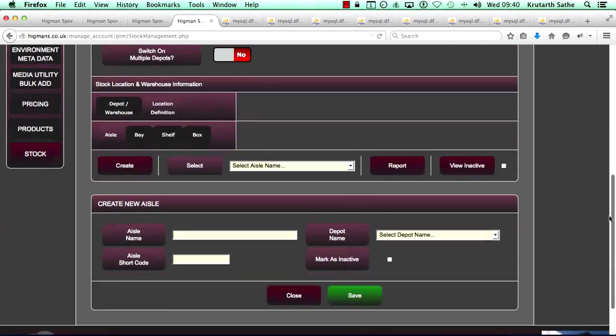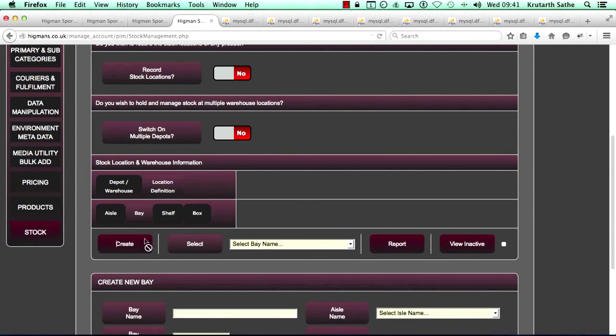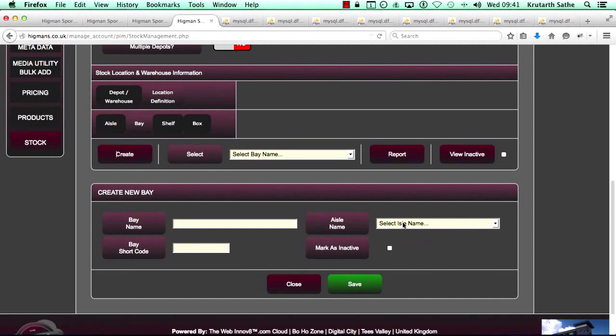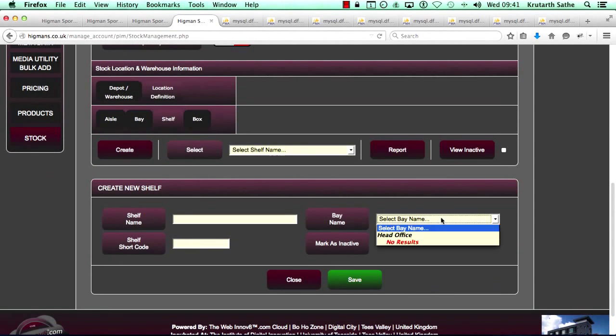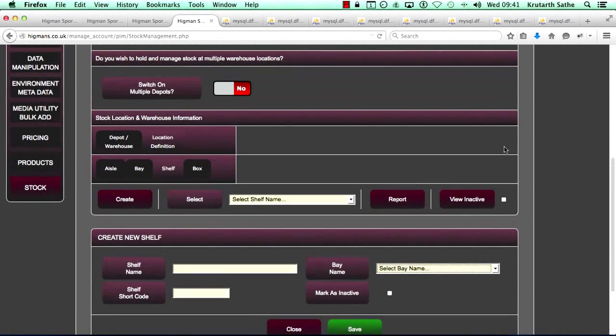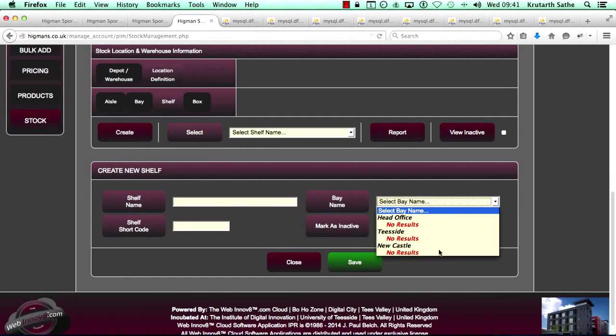and the same goes for all the other sub tabs. For example, under bay it says under head office no bay has been created, so no results. Same goes for shelf. If I enable this, I'll be able to see all the three depots. See, head office, Teesside and Newcastle. But nothing has been entered there,